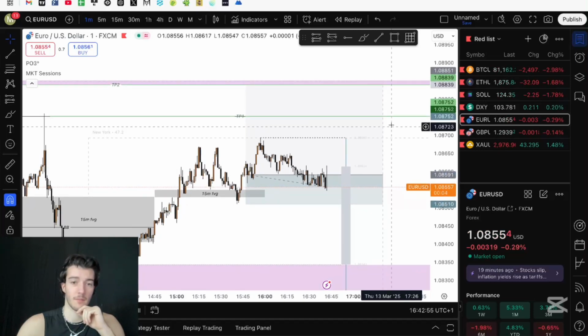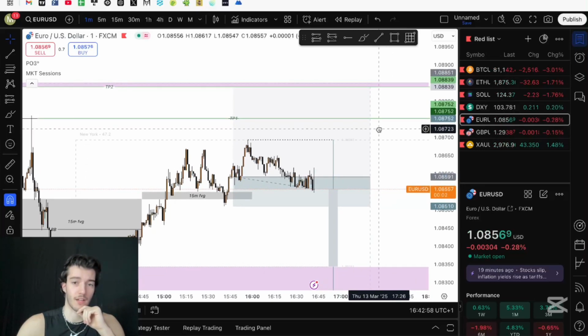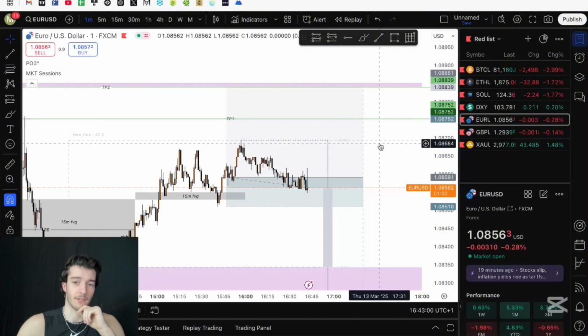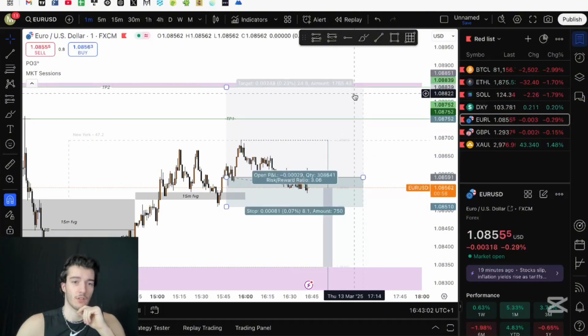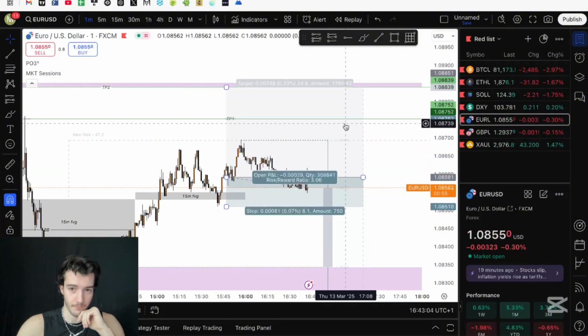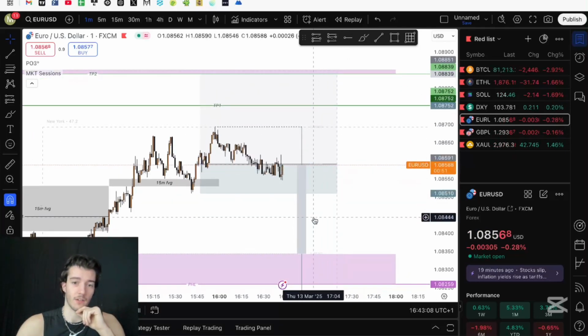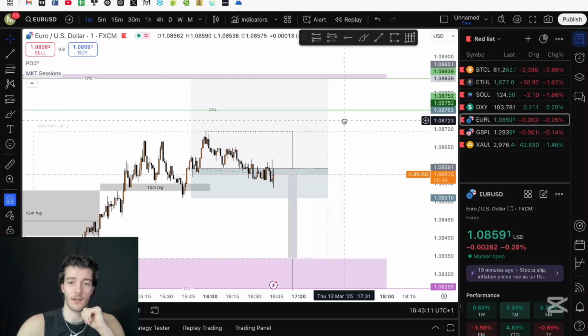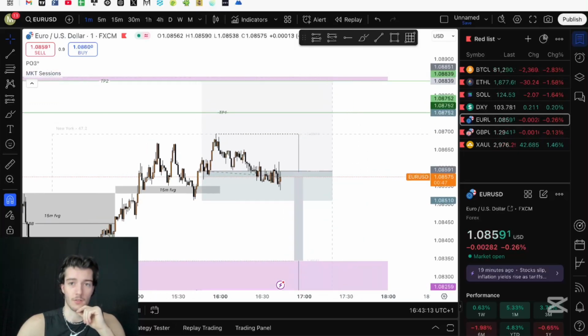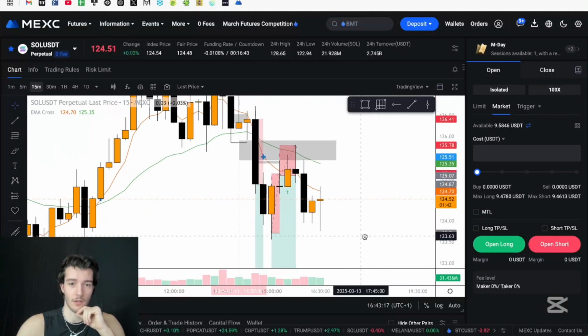So if we hit TP1, I'm gonna take out 50%, put my stop loss to break even, and wait to either hit TP2 or hit break even after TP1. If not, then we're just gonna hit stop loss, and I lost 1%. On Solana, we had 2 losing trades today, unfortunately,